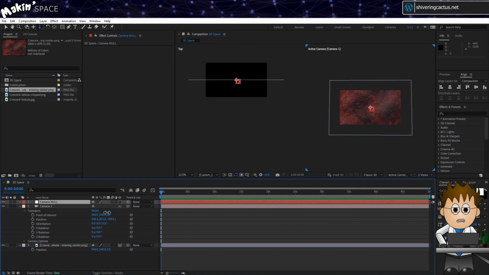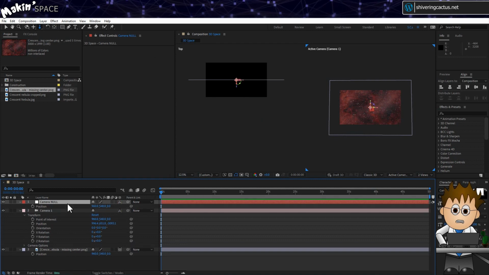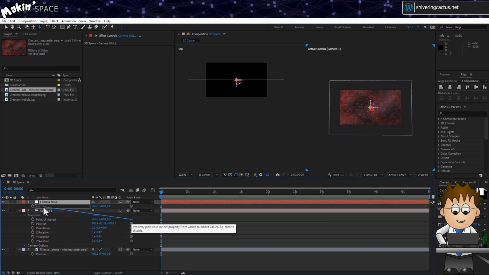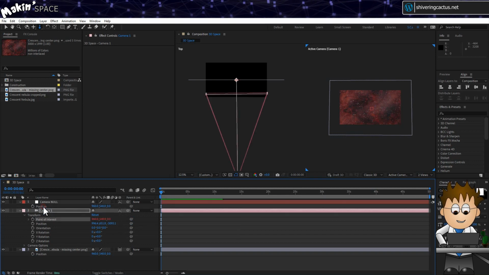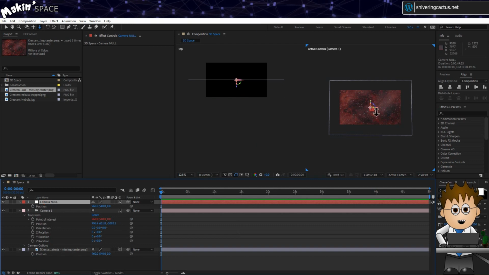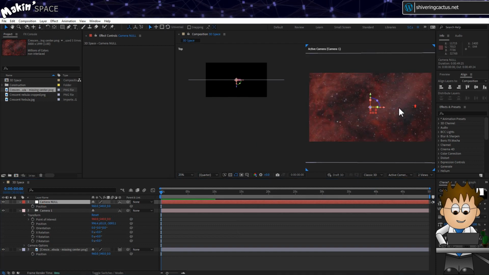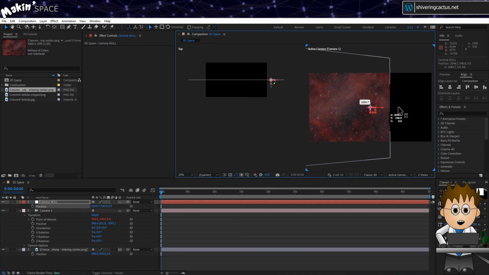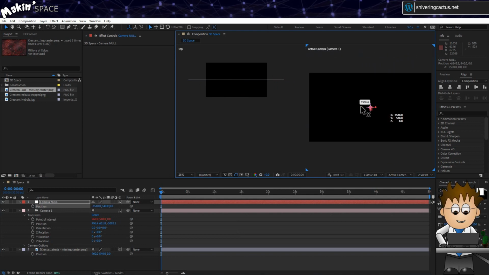Make it 3D and hit P to expose its position properties. Then, using the point of interest pick whip, link it to the null's position. There, now we have control over where the camera is looking. As you can see though, the nebula cuts off at the edges of the image, so we're going to need